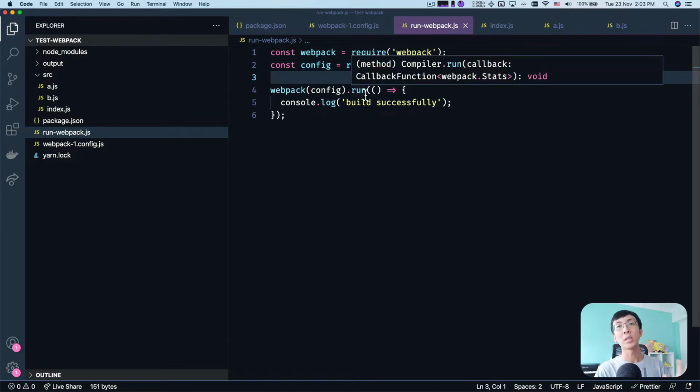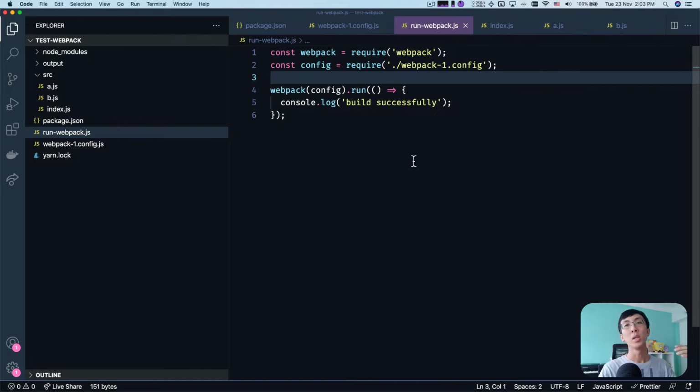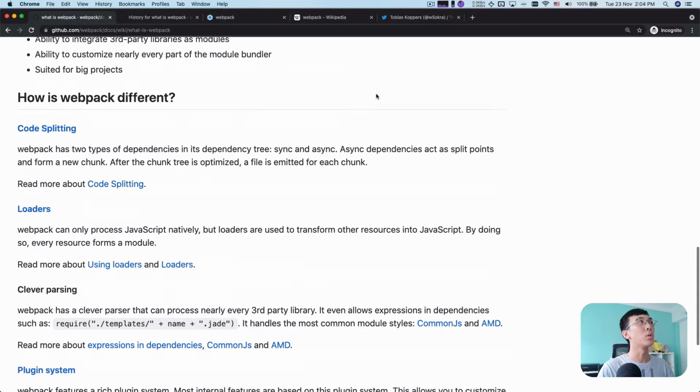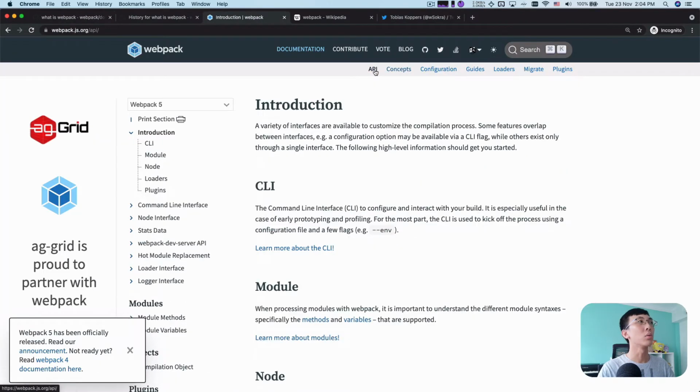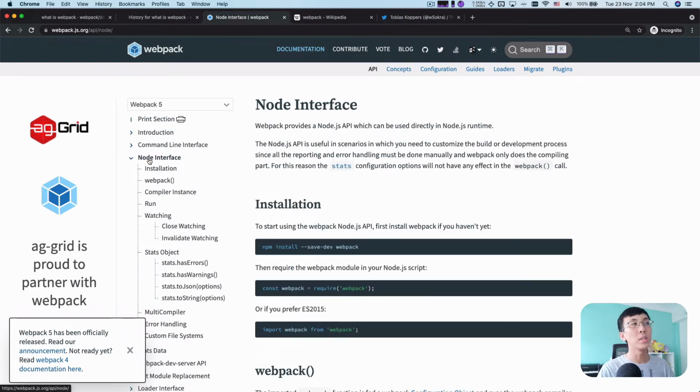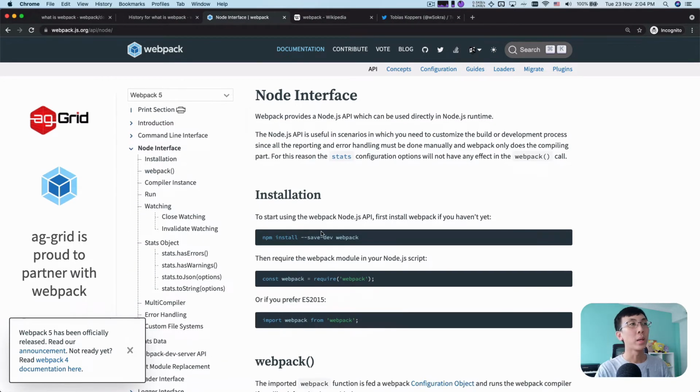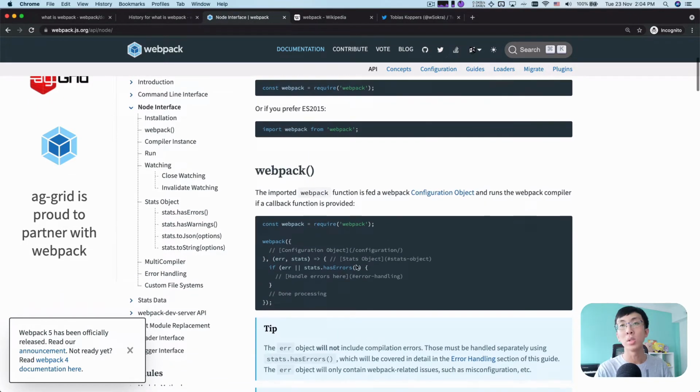So if you're not using Webpack CLI, then this is how you would probably use Webpack in other scripts that you run to build using Webpack. Of course, I glossed over a lot of details over here, like what all the commands available are. You should go to the Webpack official documentation and find them. If you go to the API and look at the Node interface, that is where you should be looking. And here it tells you how you can use the Webpack